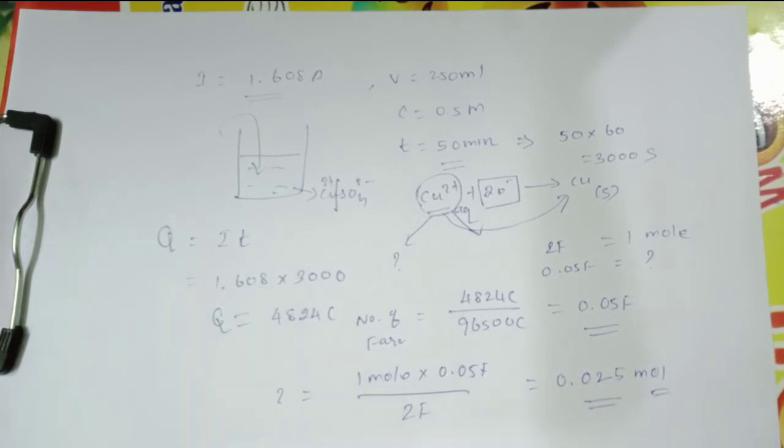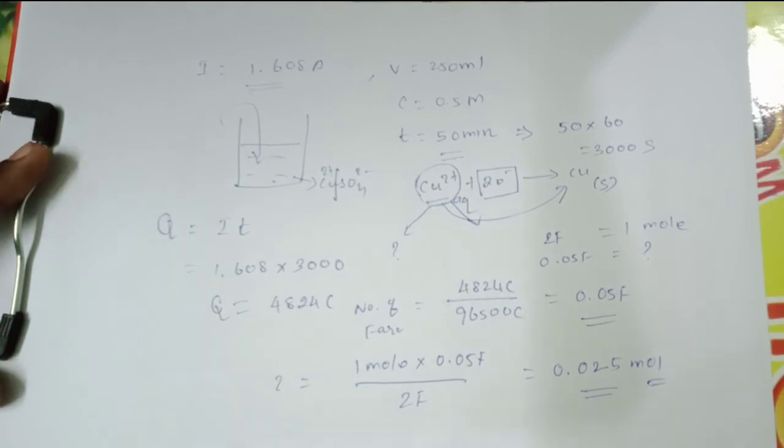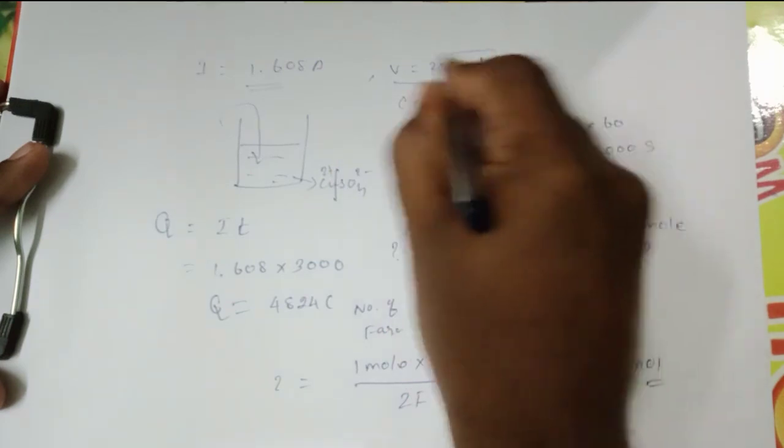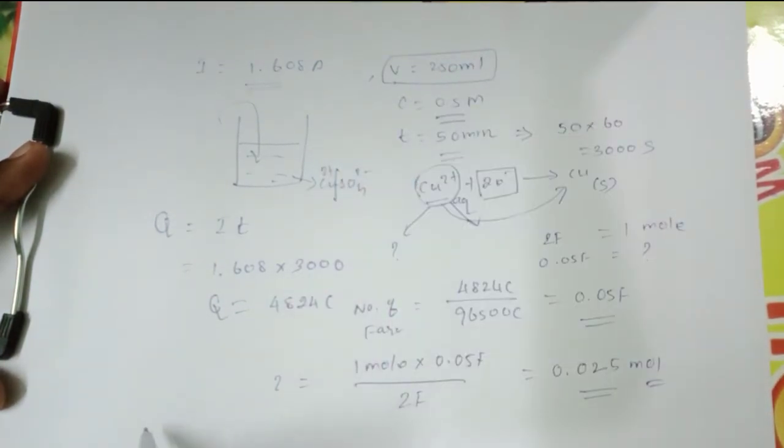இப்போ வந்து எவ்வளோ லிபரேட் ஆயிருக்கு டெபாசிட் ஆயிருக்குன்னு கண்டுபிடிச்சிட்டோம். இப்போ what you should know, இனிஷியலாக எவ்வளோ இருந்திருக்கு அப்படின்னு தெரியணும். ஓகே, இனிஷியல் நம்பர் ஆஃப் மோல்ஸ் ஆஃப் copper 2 plus. Okay, so initial number of moles of copper 2 plus, you know the volume is given as 250 ml. In 250 ml the concentration is also given, 0.5. So what you write: initial number of moles of copper 2 plus in 250 ml of solution.